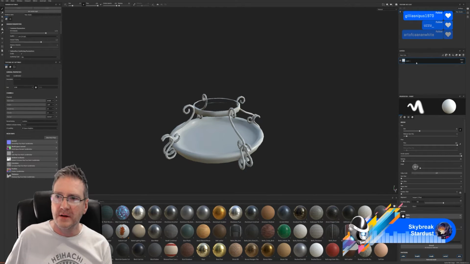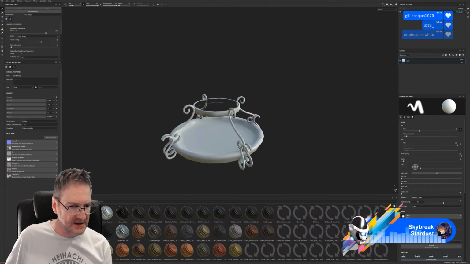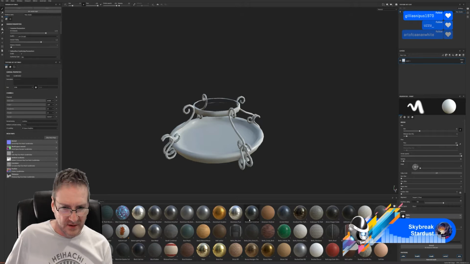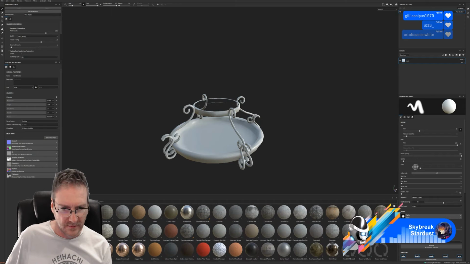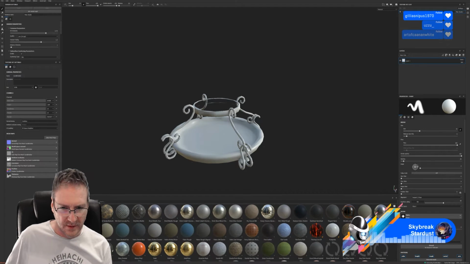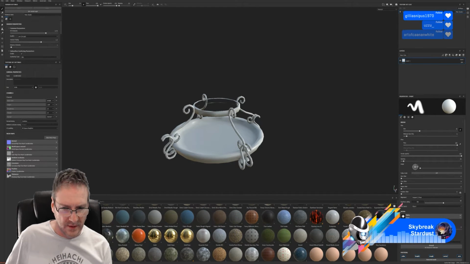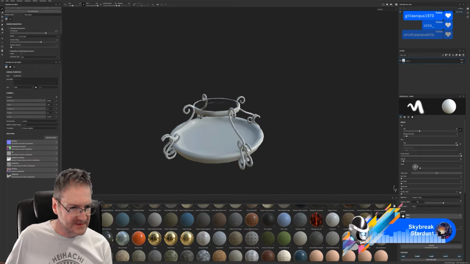Ready? And let's find a material we can use. I'm going to start with just a wrought iron, I think. I might just look at my smart materials.